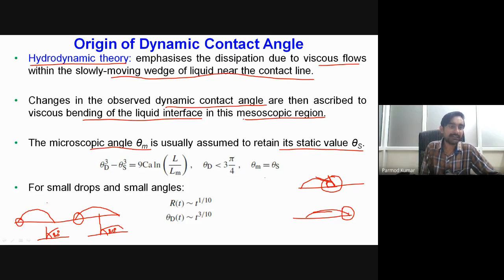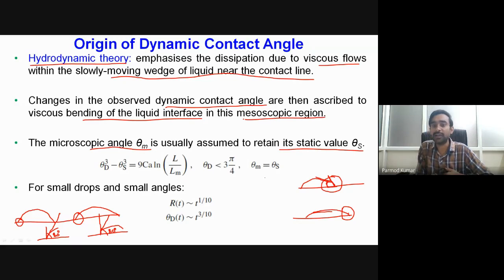Whereas experimentally, at the macroscopic scale, whatever contact angle we observe will be somewhere beyond the value of this microscopic angle. So experimentally, what we will be observing will be something like this. That is actually the main hypothesis of this hydrodynamic theory, which considers that